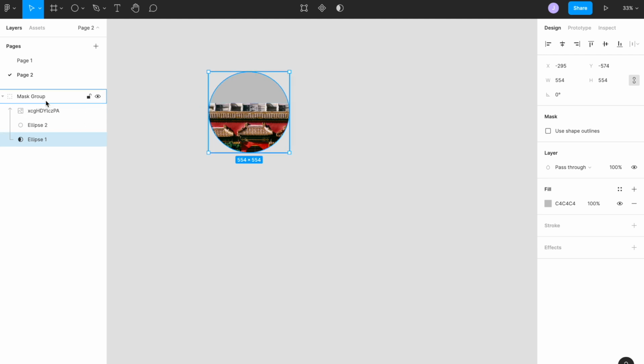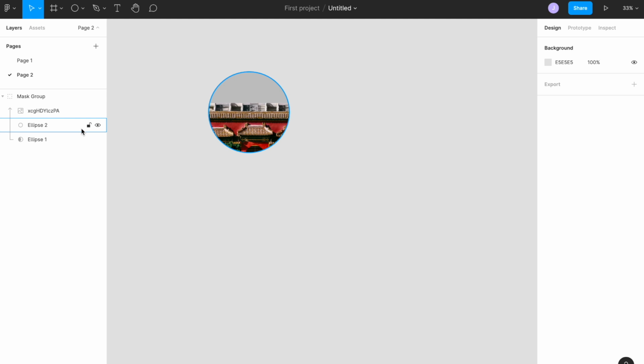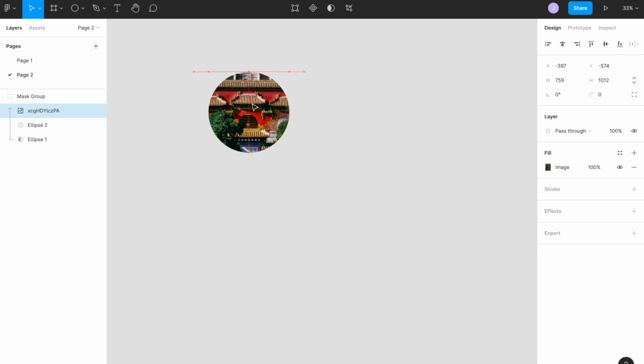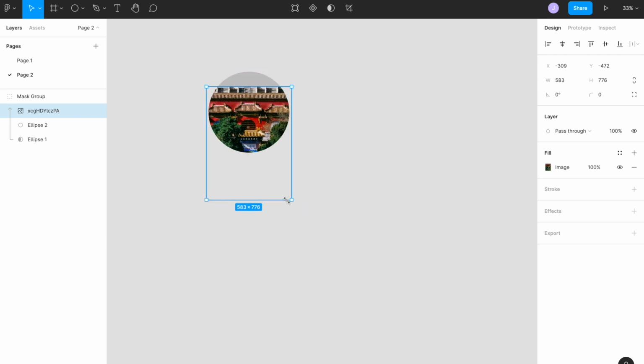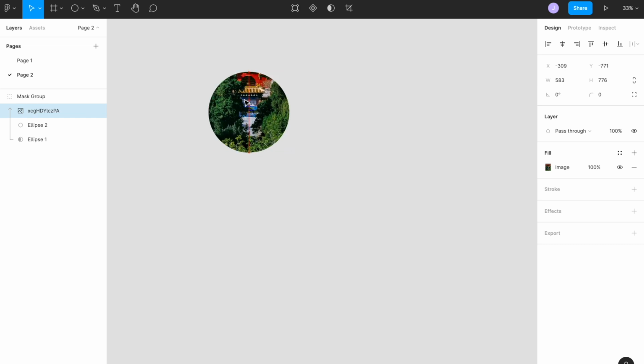Now you can easily move this image just by pressing the image layer. Did you see that? Just press on that image layer and drag it in the shape. If you want to decrease the size, you can do that also. If you want this portion or the lower portion, you can just move it. It is easily movable in the shape.